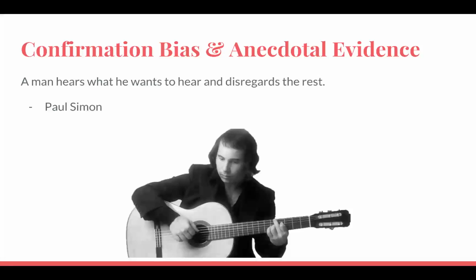So, avoiding this. The easiest way to avoid confirmation bias and anecdotal evidence is to get more data, and then look at the data as a whole. Look at patterns. Look at averages, median, mode, mean, those kinds of things, instead of looking at just the sample sizes that speak most loudly or reinforce what you already believe. So try and find things that go against what you already believe. And then see, are they statistically significant?